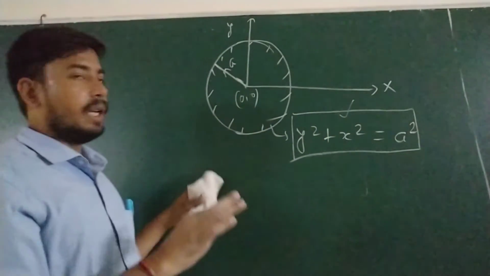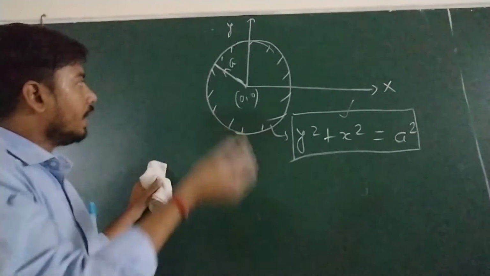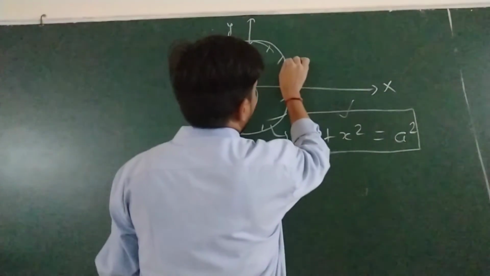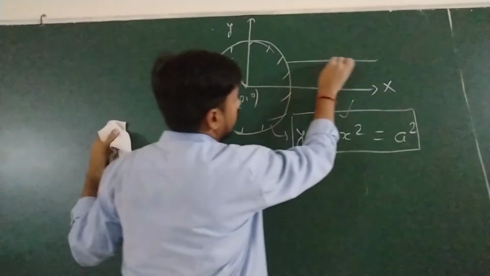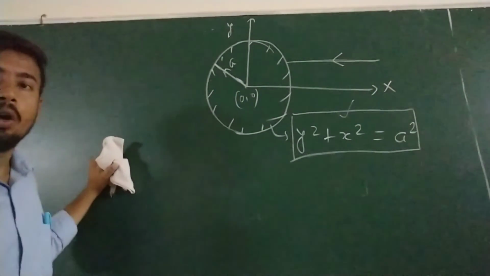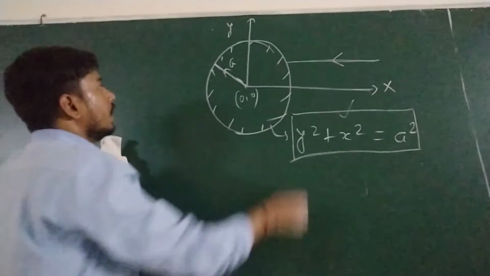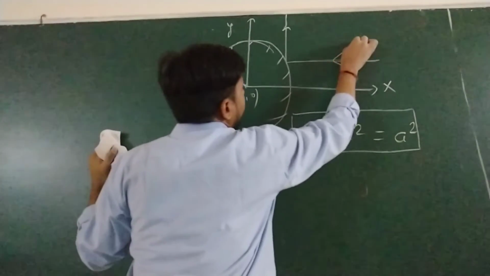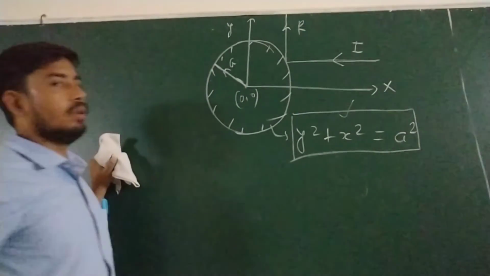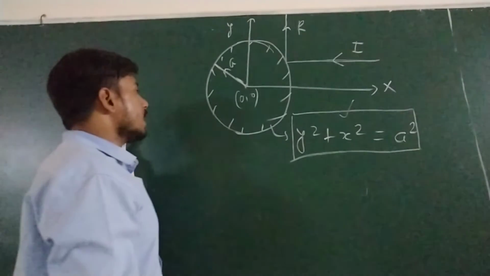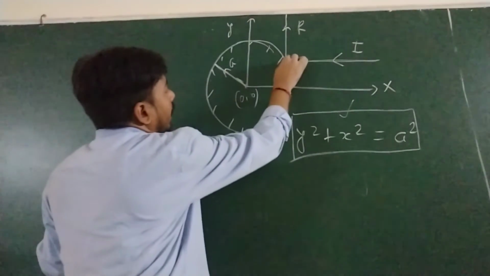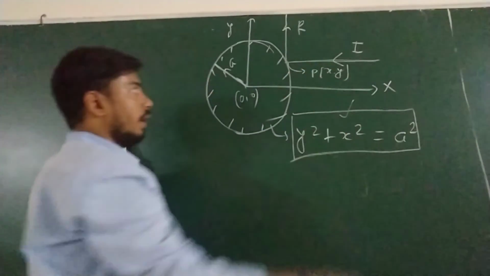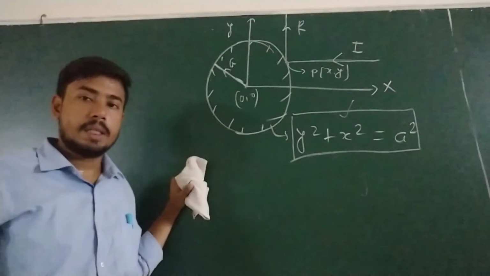You can take the ray coming in any direction, in any coordinate or quadrant, but the ray should be horizontal. Suppose the incident ray is coming like this. So this is the horizontal ray, and according to the question, after reflection this becomes vertical. So this is the incident ray and this is the reflected ray. The next point is here. Find the coordinate of this point. So I assume x comma y.